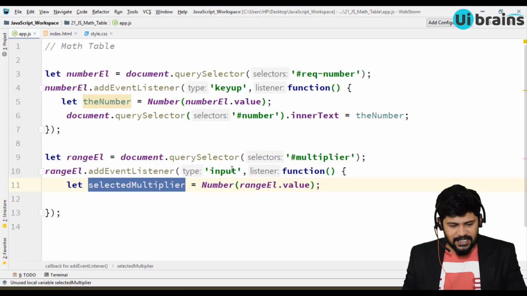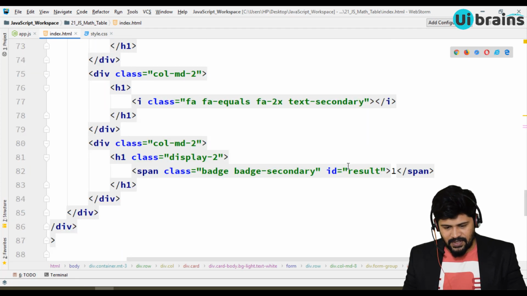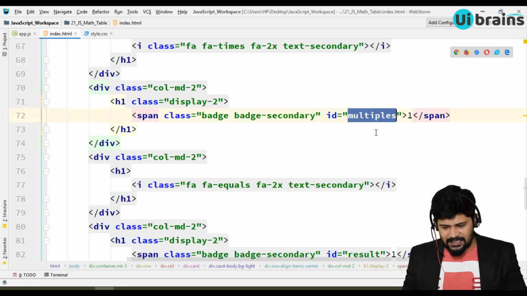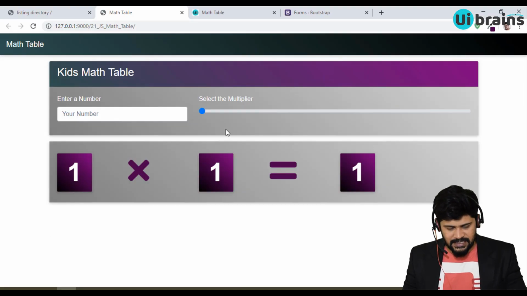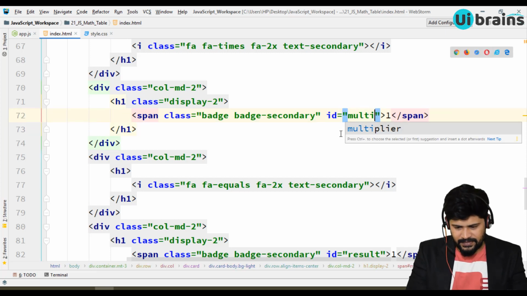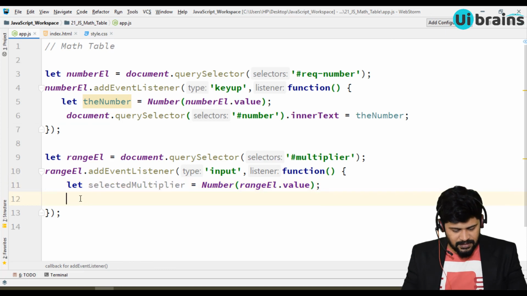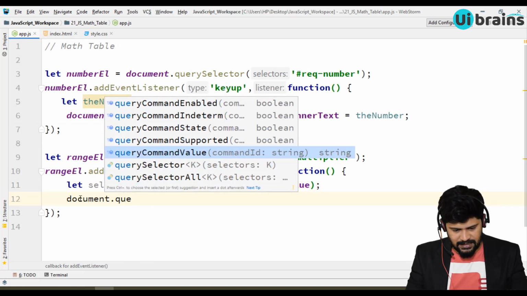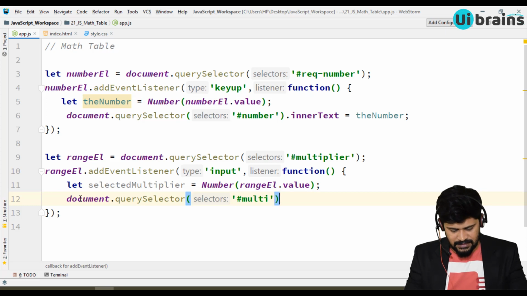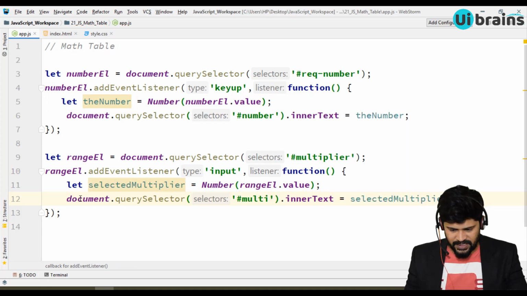This element also has an ID. Let me check. It has an ID called multiplies, but that will confuse, right? It would be multiplier and multiplies. Let's take multi, so you don't get confused here. document.querySelector of #multi.innerText is equal to selectedMultiplier.